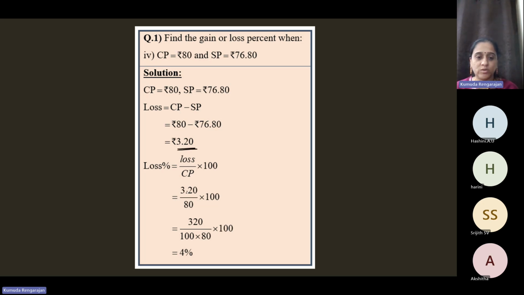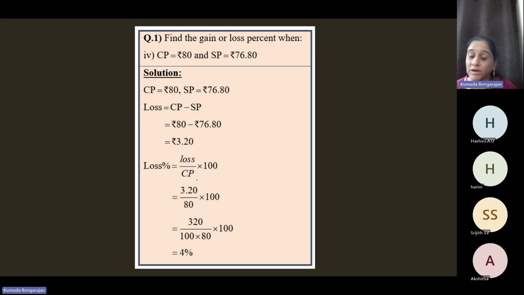Loss is 3.20. So 3.20 by 18 into 100. So 1, 2 decimal places. So 320 by 100 it is. And then you can see this 80 into 100, cancel and all right. Can we just use the decimal? Yeah, if you're comfortable, if you can work with the decimal point itself,